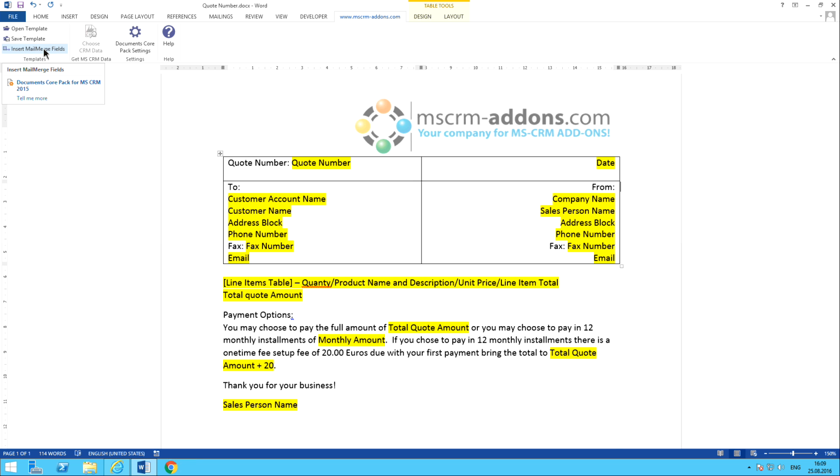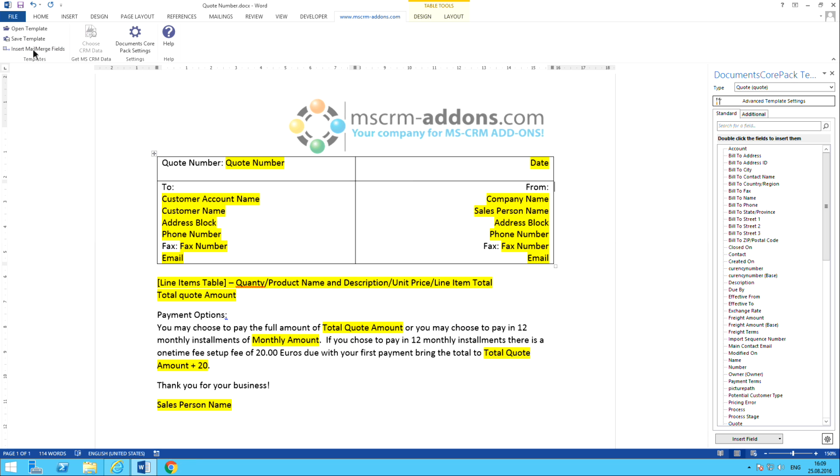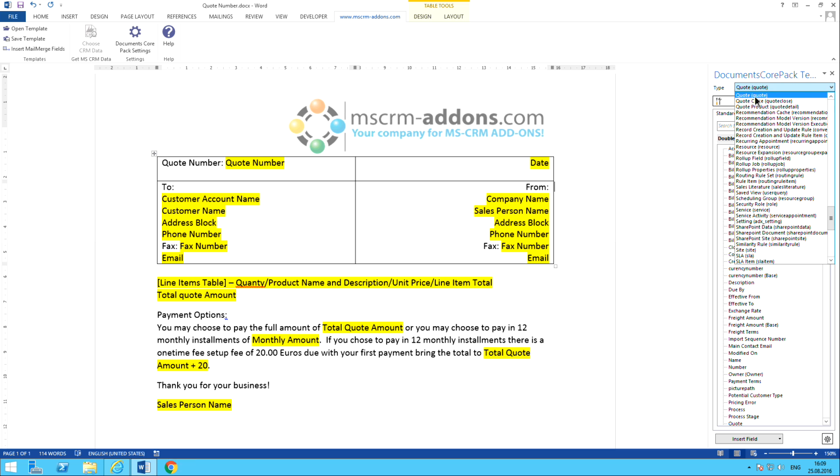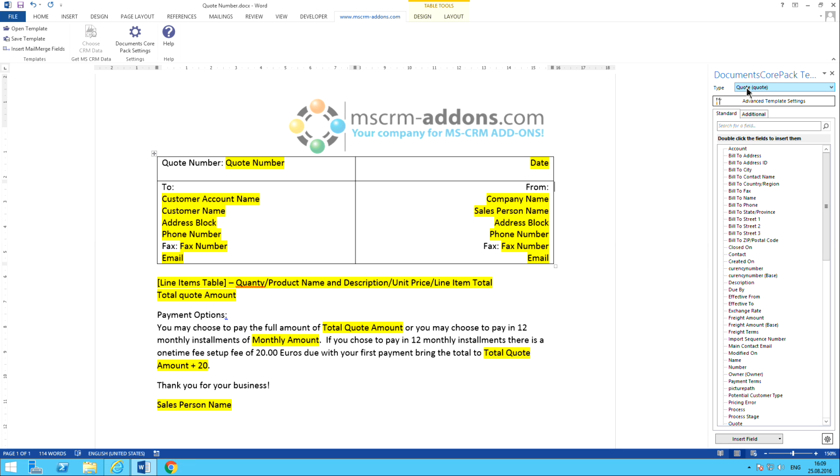So basically the first thing I want to do is click on my Insert Mail Merge Fields button. If you open up Word, you'll see we have the mscrm-addons tab, Insert Mail Merge Field. That's how you're going to add the fields to it. From here, you're going to select your entity type that you're creating this for. I already have it default set to the quote since I know that's what I'm going to be working on. That's something you can set here in the DocumentsCorePack settings. If it's not set to that, you can just choose it from the list here. What that's going to give me is all the fields that are on my quote template,